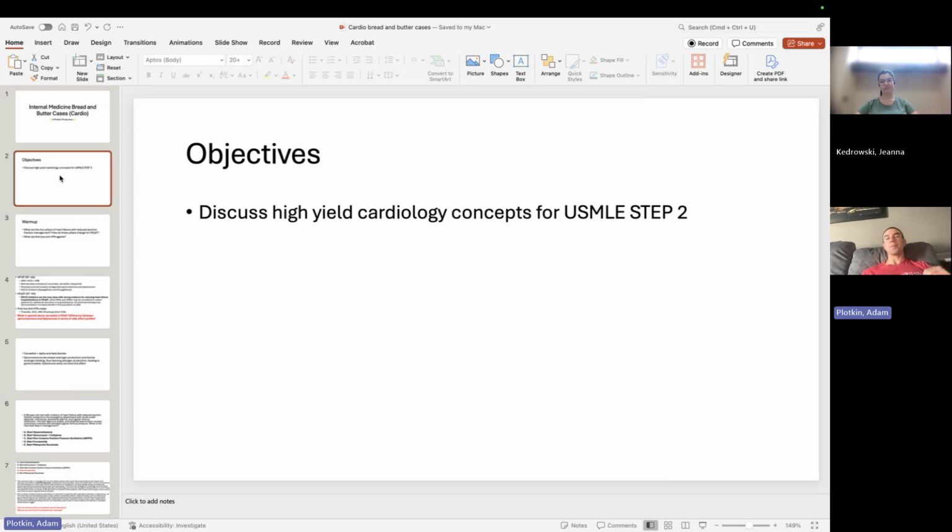NBME are professional test writers, and they know exactly the wrong answer choice that students are going to pick. To defeat that, I read the stem and think, oh, this is STEMI, and they're asking me the next step in management. I go through my head: what would I do for a patient with STEMI? I would do this, this, or this. Then I look at the answer choices and think, all right, there it is. Boom, done. I just make sure the other four answer choices aren't any better, cross them off, and move on.